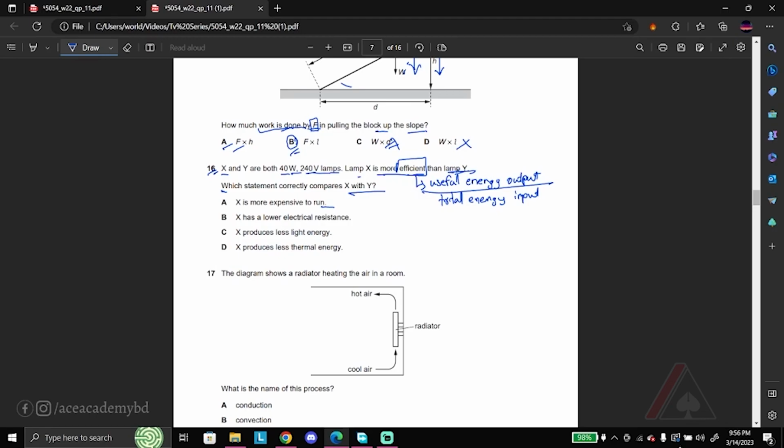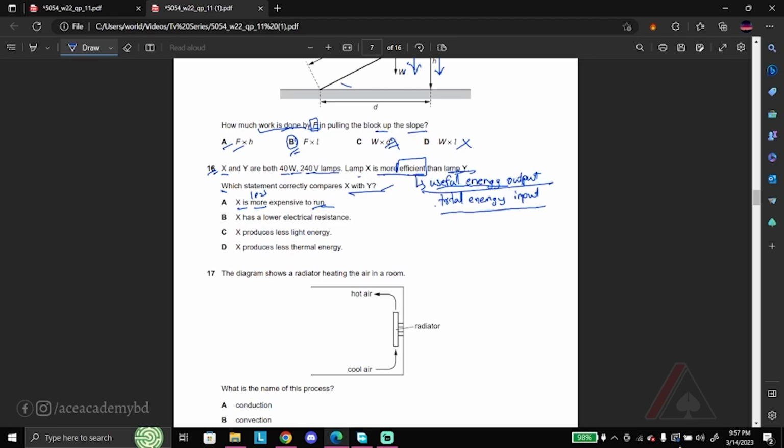Well, in the case of X, we can say that it produces more useful energy out. In other words, it means that more of the total energy input is converted to useful energy out. So for X, less total energy input is required to produce the same amount of useful energy output when compared to Y. That means we need less total energy for X to run, which means it should be less expensive,